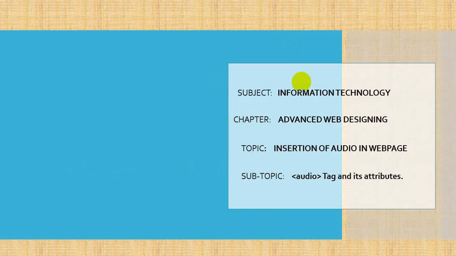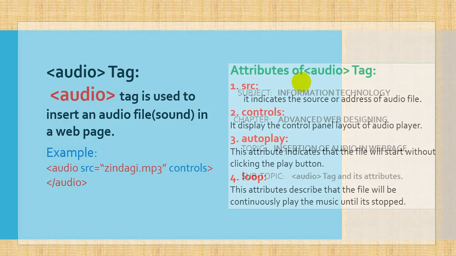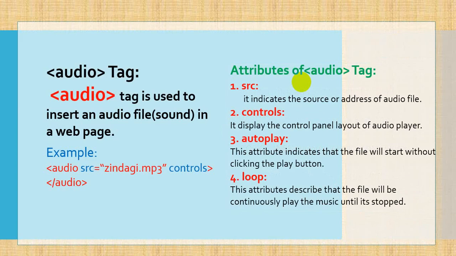In our previous lecture, we started our SOP, that is skill oriented programming, in which we saw how we can insert an audio inside our web page. By using the audio tag, we inserted an audio to our web page, and we used these attributes of the audio tag. First we saw src, which sets the location or path of our audio file. Then we saw the controls attribute of the audio tag, which is used to display the controls.